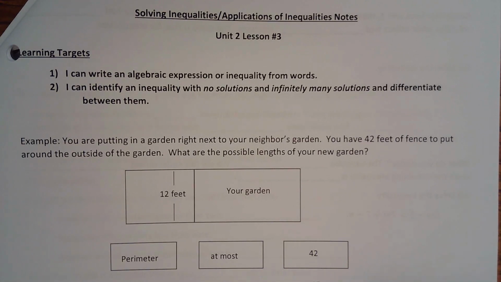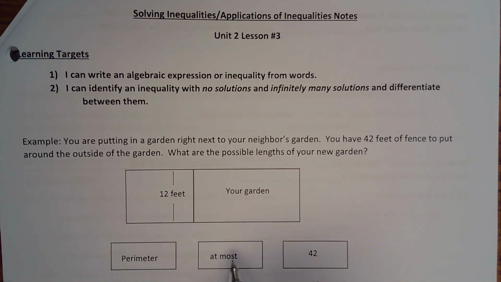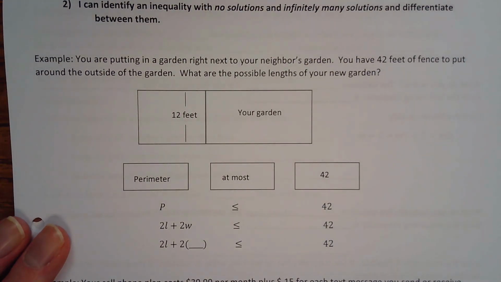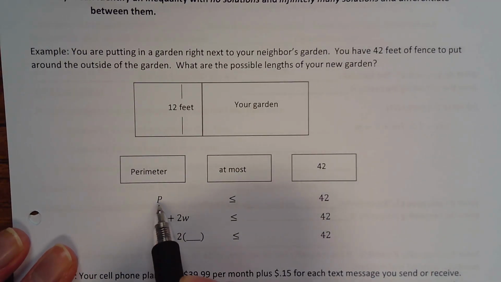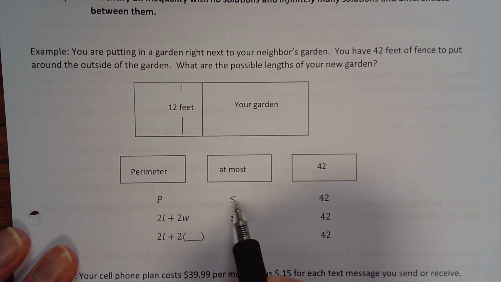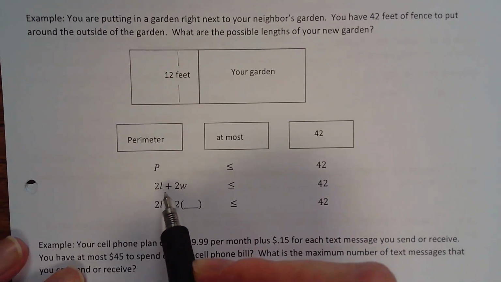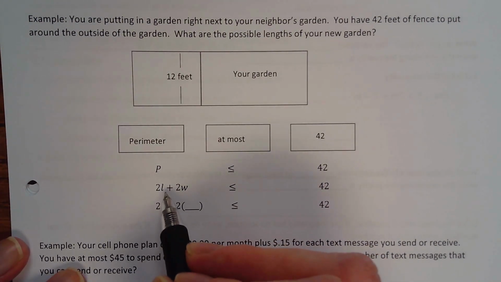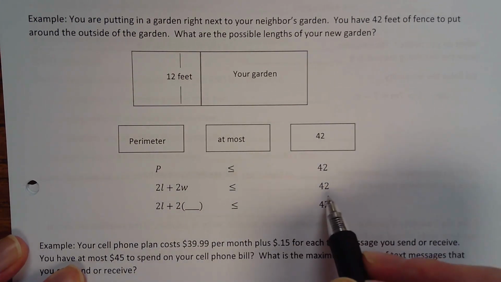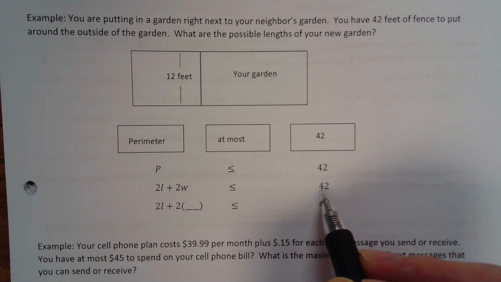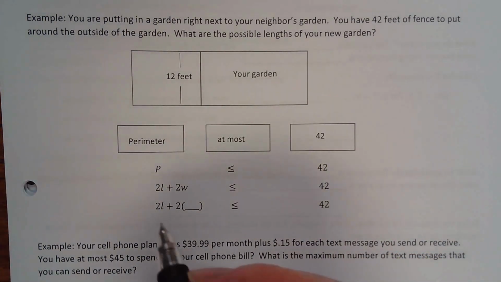First off, we've got the perimeter at most 42. That's just the words in our heads. So P is at most, less than or equal to, 42. Well, perimeter is actually 2L plus 2W, the perimeter of a rectangle. So that needs to be less than or equal to 42. And in this case, what would be my width? So I need 2L